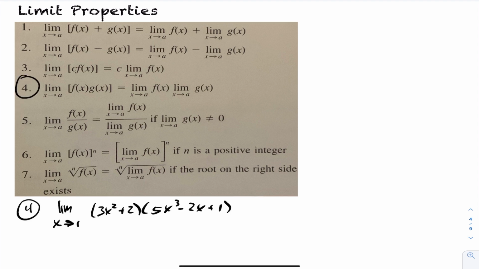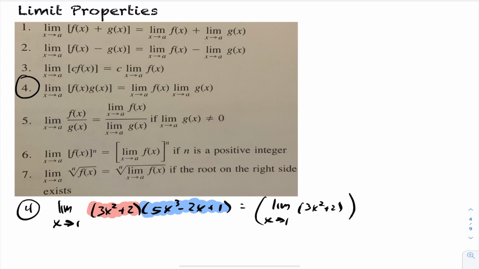Okay, let's take a look at this example here. I want to show you guys how rule 4 would work, for instance. In this situation, we're taking the limit of the product of 2 functions. In this case, this would be my function f, and this would be my function g. So instead of having to expand this all out, simplify, and then take your limits, what you can do is take the limit of your first function, and multiply that by the limit of your second function. And because this is a polynomial, we can just sub those